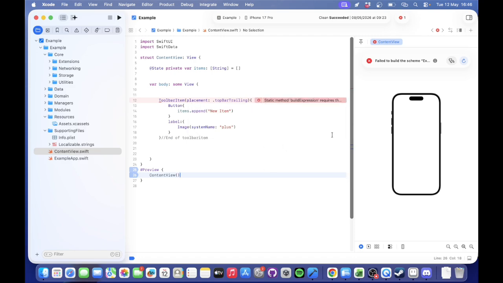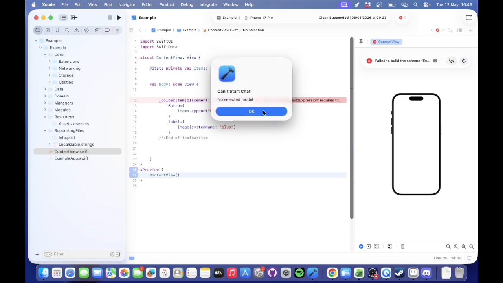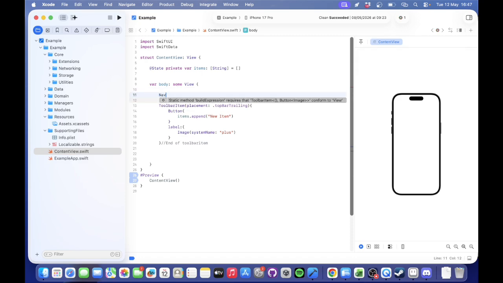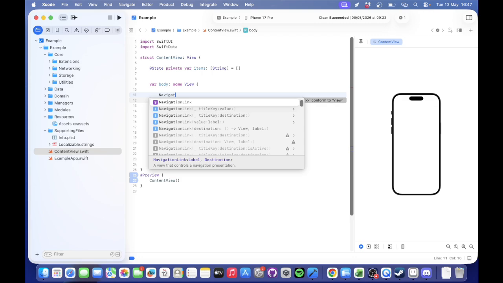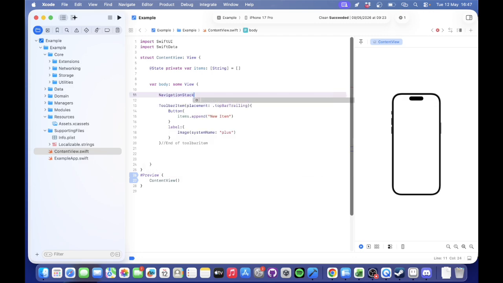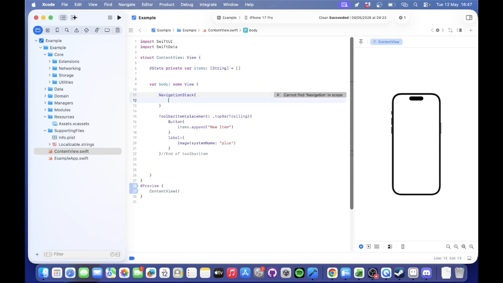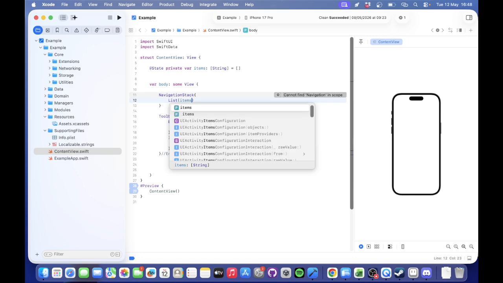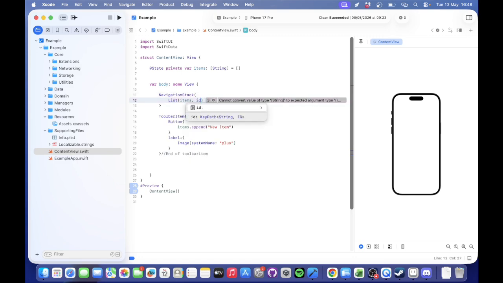And we can generate a fix. Oh, can't fix a model. That's because we don't have an item. So to solve this we are going to do the following. Under body we will add a navigation stack. Navigation stack, open with the bracket, then add list, items, comma, ID,